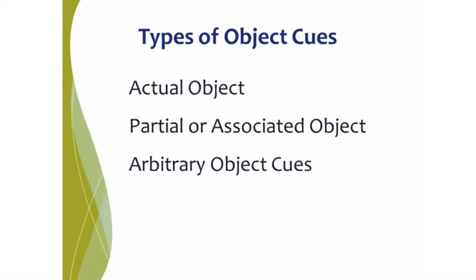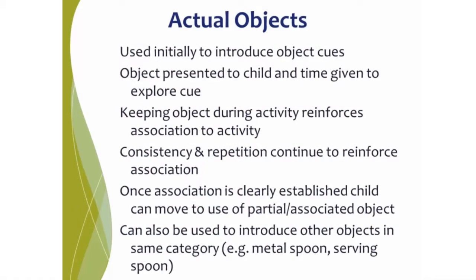The last one can later be used for making choices. So once a child has learned several object cues, it's a way to let them make choices. We start with the actual object, then we go to the partial or associated object, and then an arbitrary object. Once you've helped a child understand the real object, they have to have it every time, and you have to give them a little time to say, oh yeah, that's my bottle, I remember. You might let them keep the object during the activity or keep it close by, because that will help with the initiation and the preparation,